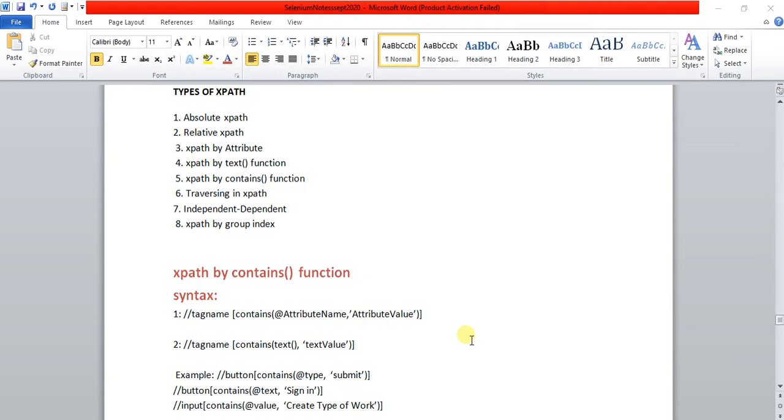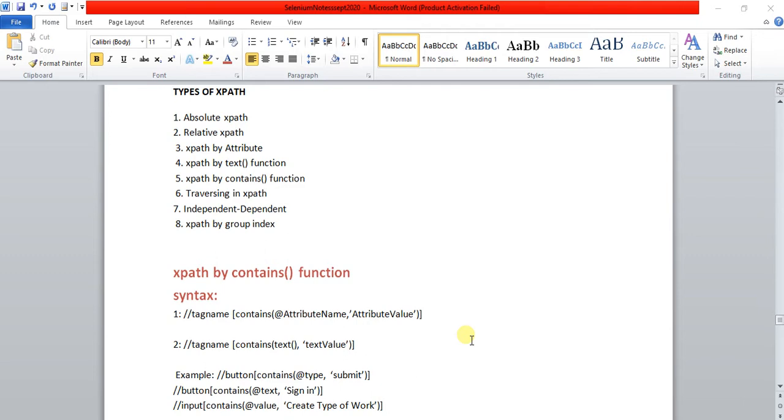In Gmail, you have an inbox, and it contains a number of counts. Here inbox is the static text, and the numbers, that means the count, will be called a dynamic value.